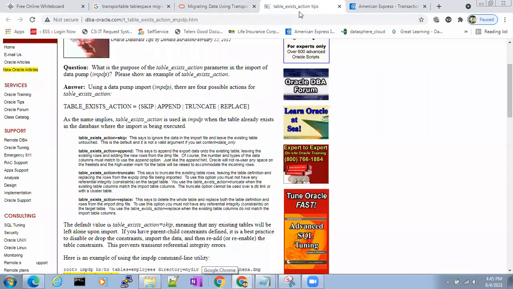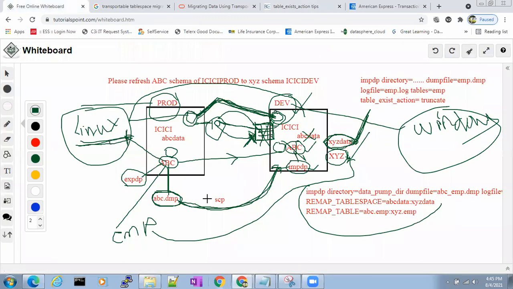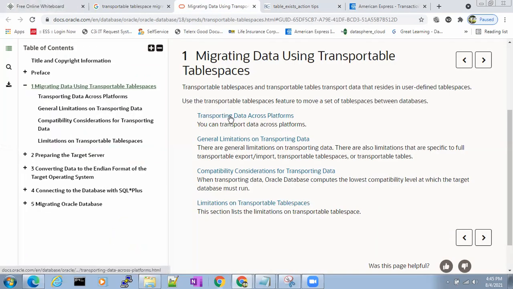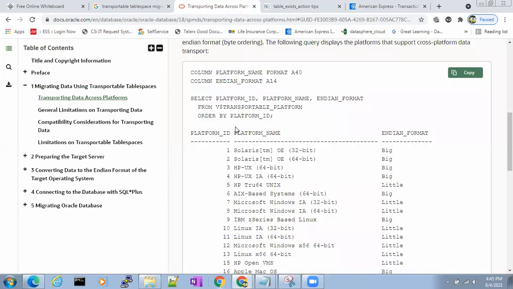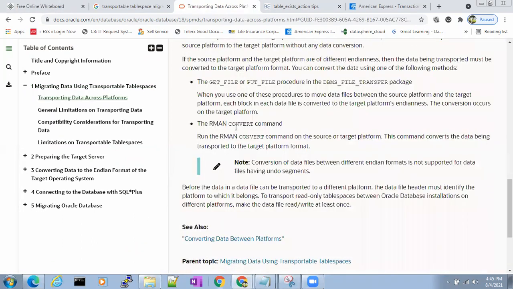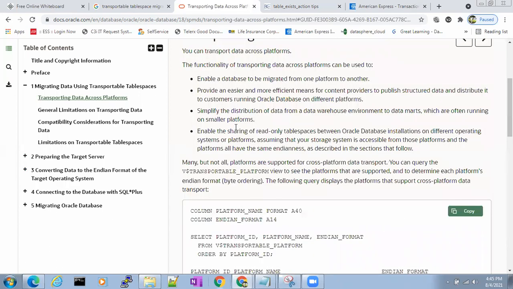So when you are migrating across the platforms, you use transportable table space. You use transporting of data. So this is how you do it basically, and this document will be useful. You can check this document actually.